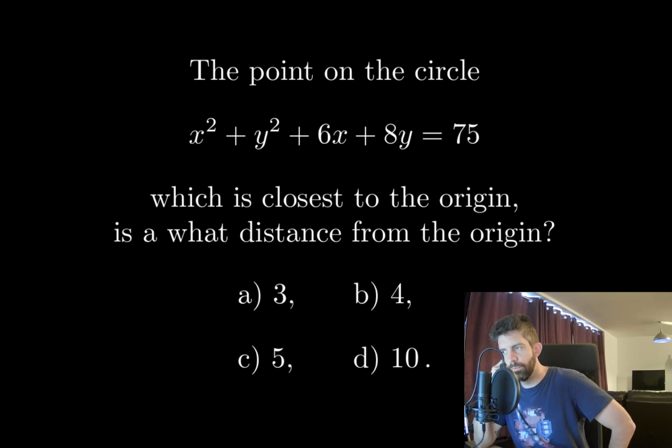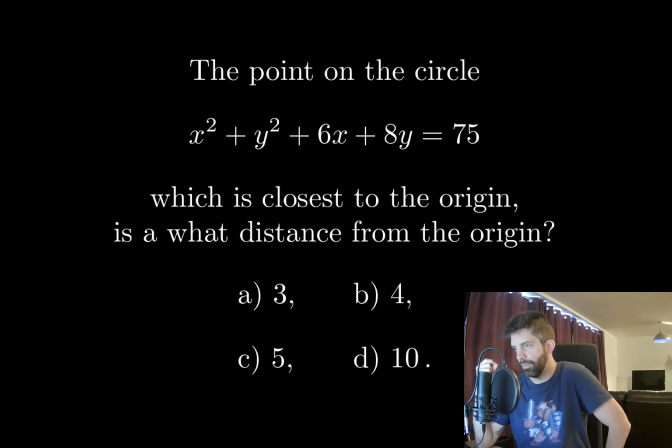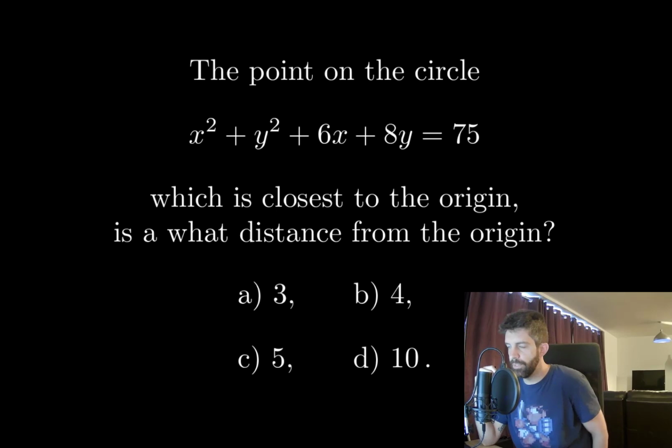Okay, so we are given an equation for a circle. It's not clear whether the circle contains the origin or is far away from the origin, but regardless, there will be a point on the circle which is closest to the origin, and my instinct is to just find out what that point is. I don't know if that'll be exactly the best way of doing this, but